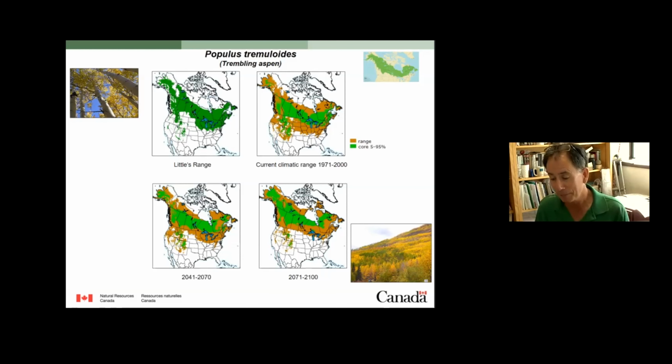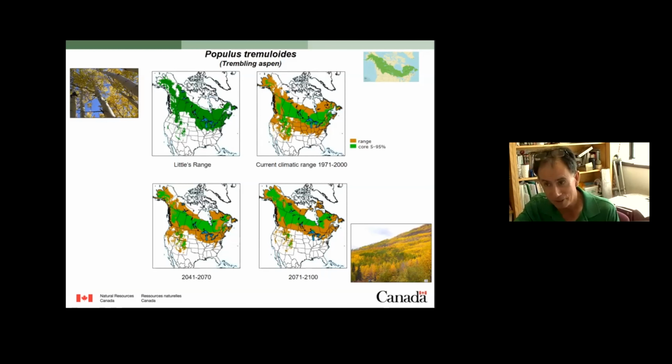In fact, we published a paper in BioScience, and then a couple of years later a paper in Global Change Biology, where we summarized the climatic shifts for major tree species in Canada in particular. For how many species was it, John? For about 140 or 160 tree species, the average shift north by the end of the century was over 700 kilometers for the climate, which is kind of mind-blowing, hard to believe,